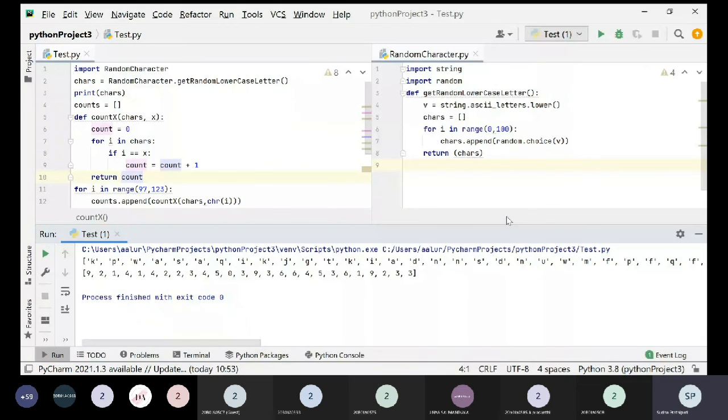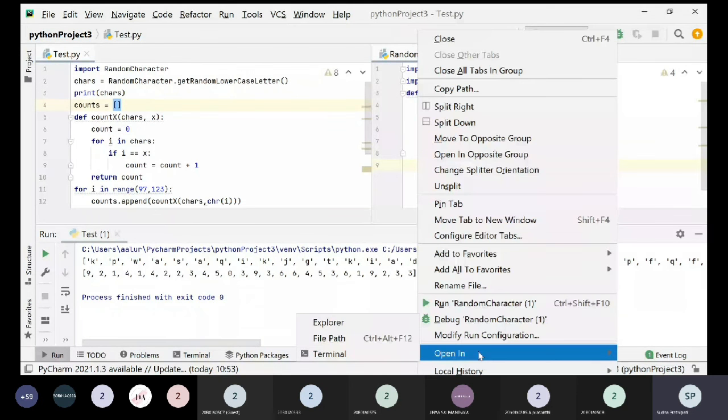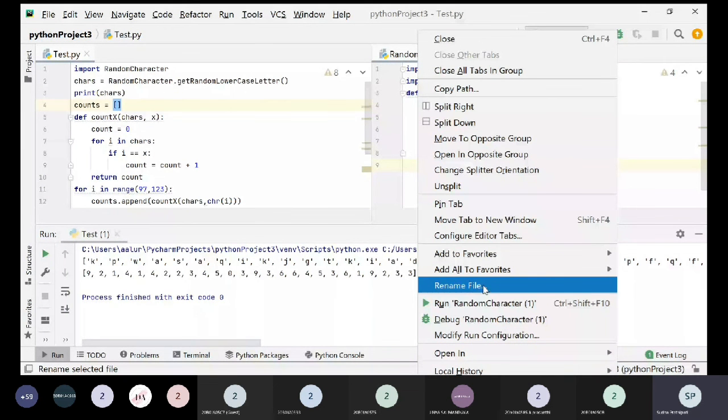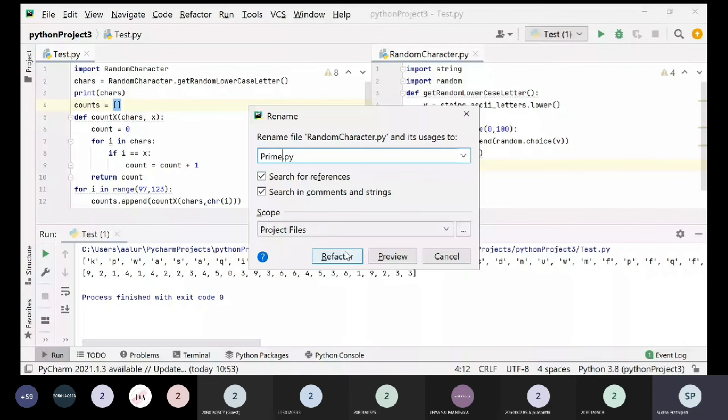So now let us move on to module 3. Inside the module, you will be writing the prime function and importing that in the other program, and then you will be printing the first 100 prime numbers. So this is the program. I'll just change this module. See, I'm having 2 programs. The first one is test.py and the other program will be prime. I am just renaming this file, so this file will be prime.py. I want all of you to look at this very carefully because this is what you need to do in the examination.